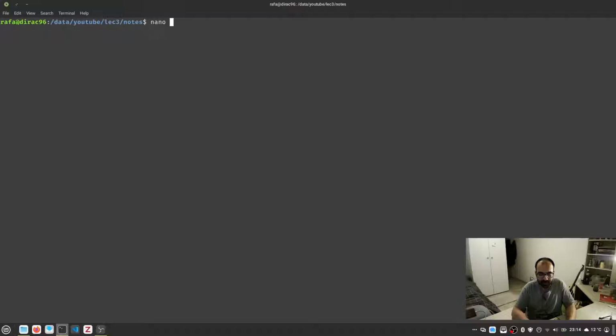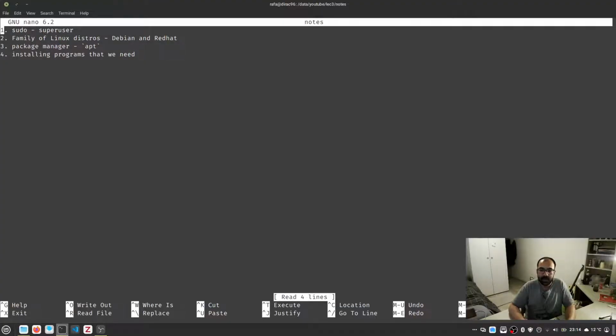For example, we have a file called notes and we want to edit it, so nano notes, and then we press enter. Now here it is. This is a text file. You can move your arrow keys to move the cursor, and you can just write some text,